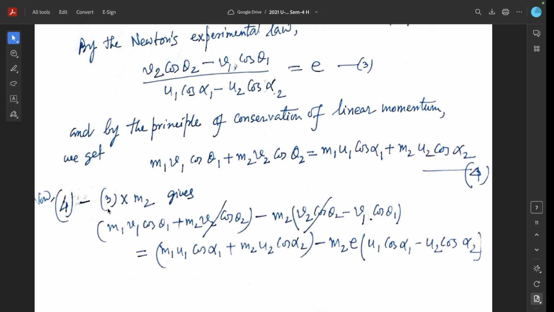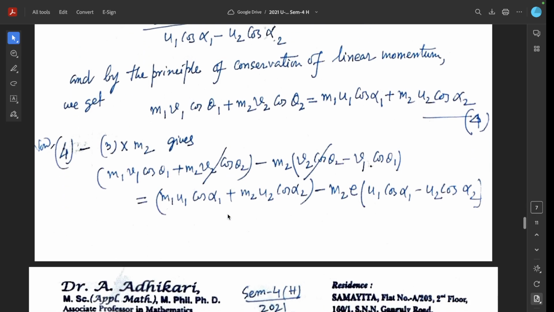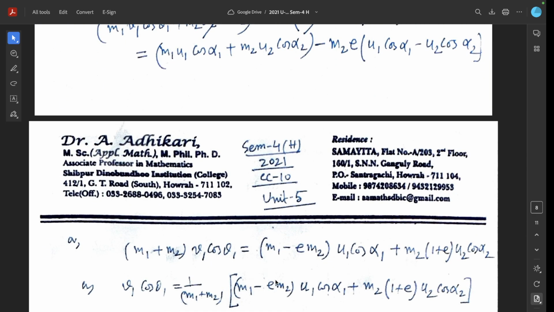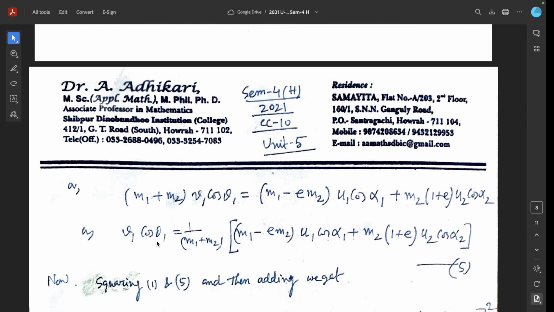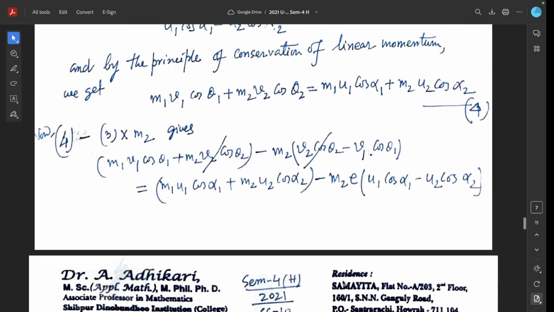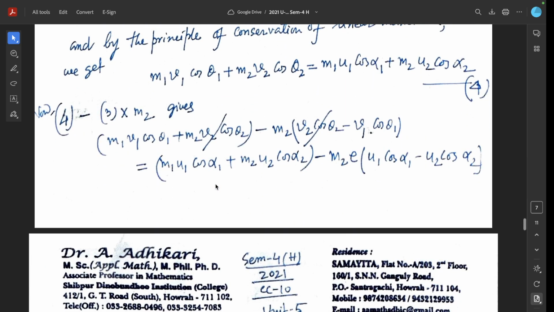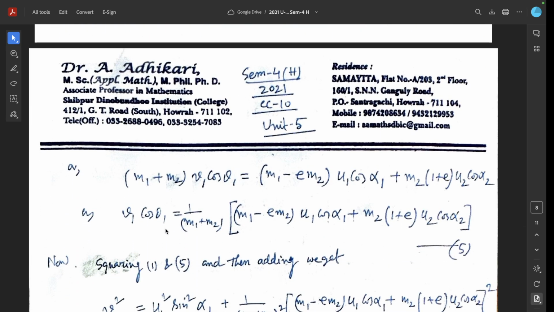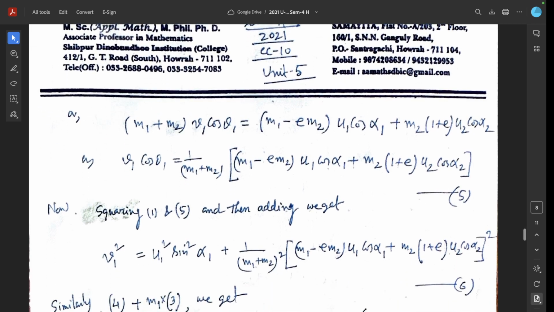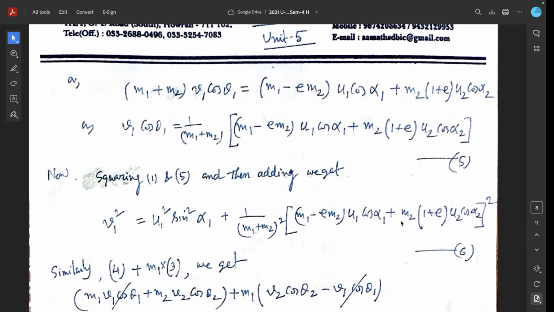Now equation 4 minus 3 into m2 gives this, and after algebraic simplification we get v1 cos theta 1 equal to equation 5. Squaring 1 and 5, this one is v1 sin theta 1, and from 5 v1 cos theta 1. So squaring and adding, we get v1 square equal to this after simplification. So this equation 6 gives the magnitude of the